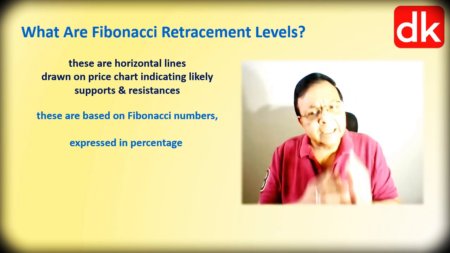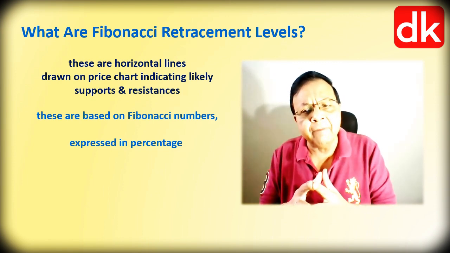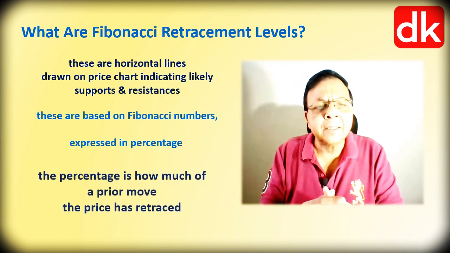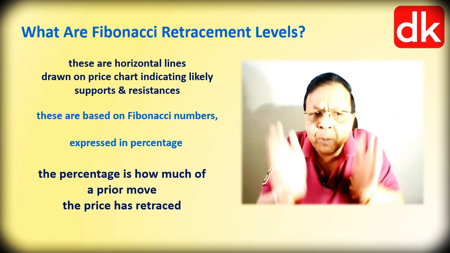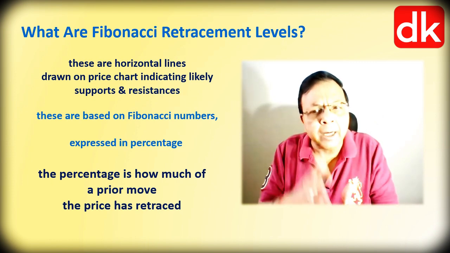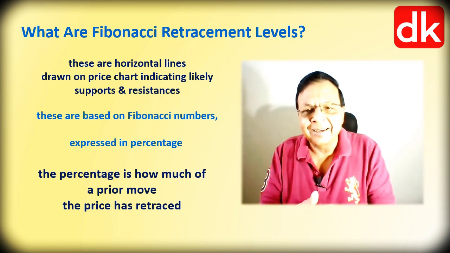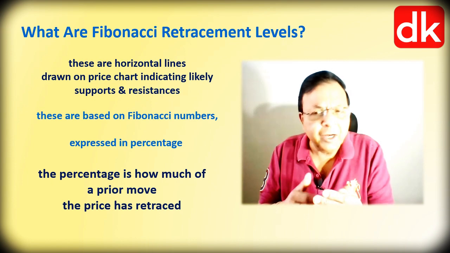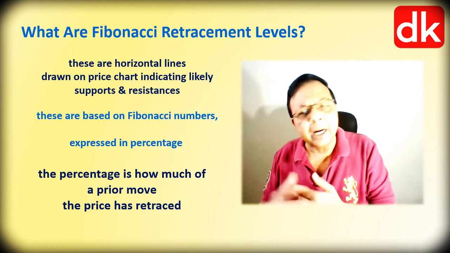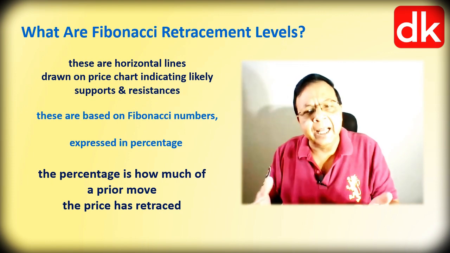So these retracement tools in the markup phase and markdown phase of the market help us to arrive at possible pullbacks against the original trend. And friends, the percentage is nothing but how much of a prior move, which is an impulsive move, either on the upside or on the downside, depending upon the prevailing trend of the market, the price has retraced. And from there, if it is showing a kind of bounce back or a rejection, depending upon the phase in which the market is operating, it will give us a clue to design a trading strategy.